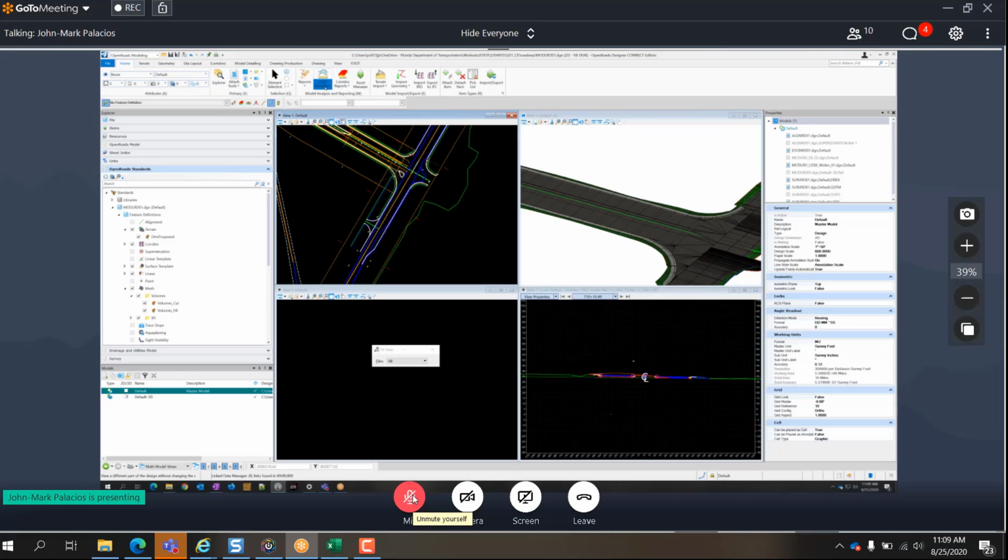Let me show what this other thing. So if I do analyze volume, it does show the volumes in there. Back in here, so if I go from existing ground to SR61 pavement,